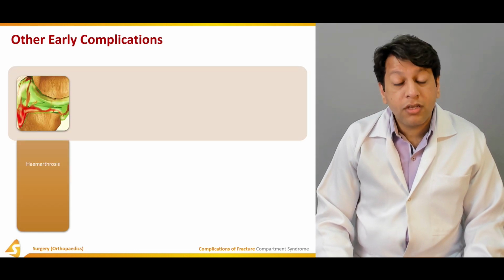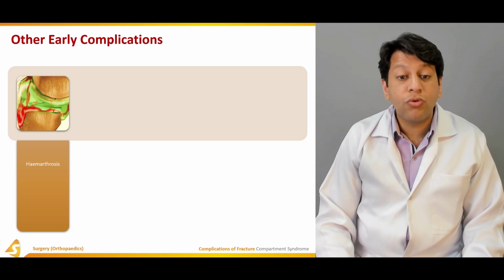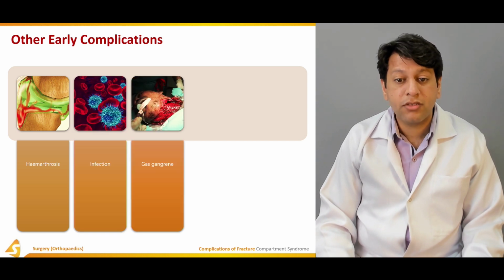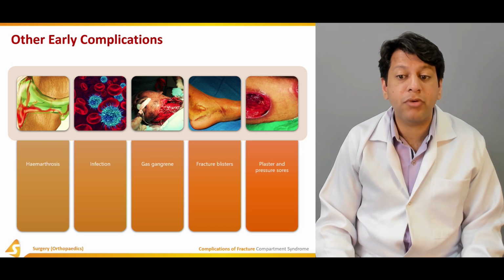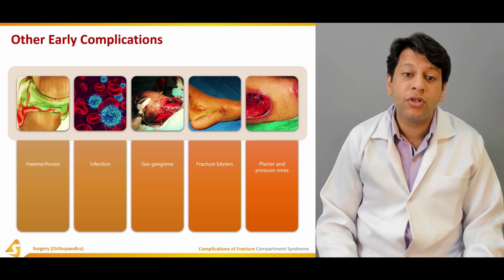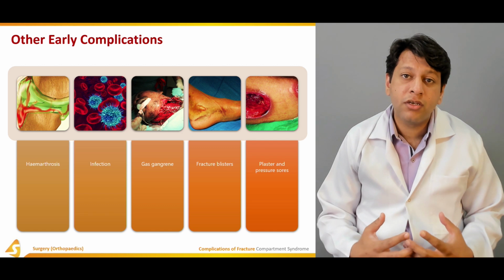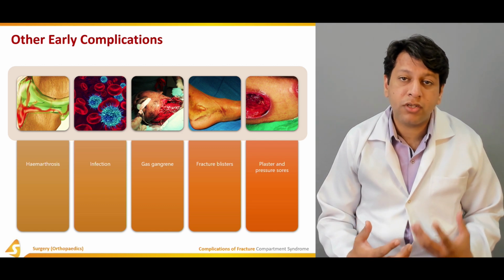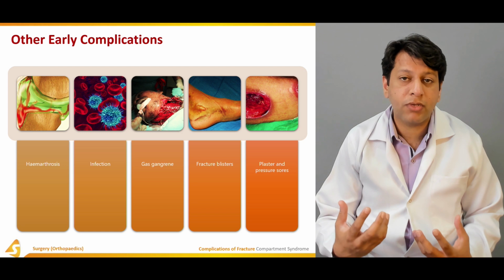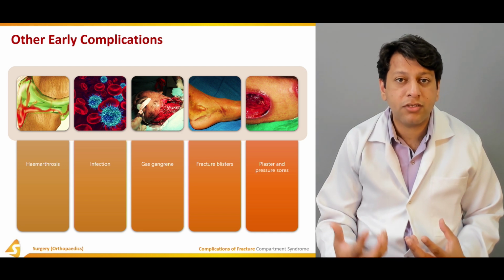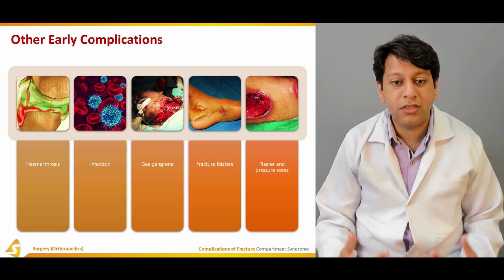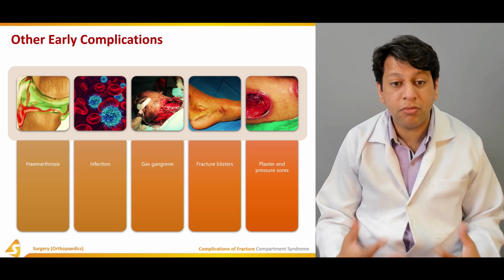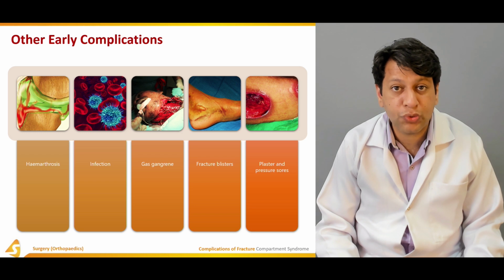Now coming to the other early complications. These include hemarthrosis, infection, gas gangrene, fracture blisters, and plaster pressure sores. Now, as I told you, if it's around the knee, for example, there was a floating knee problem. The patient had a supracondylar femur fracture as well as a proximal tibial fracture. In this kind of scenario, there may be a hemarthrosis going into the joint,